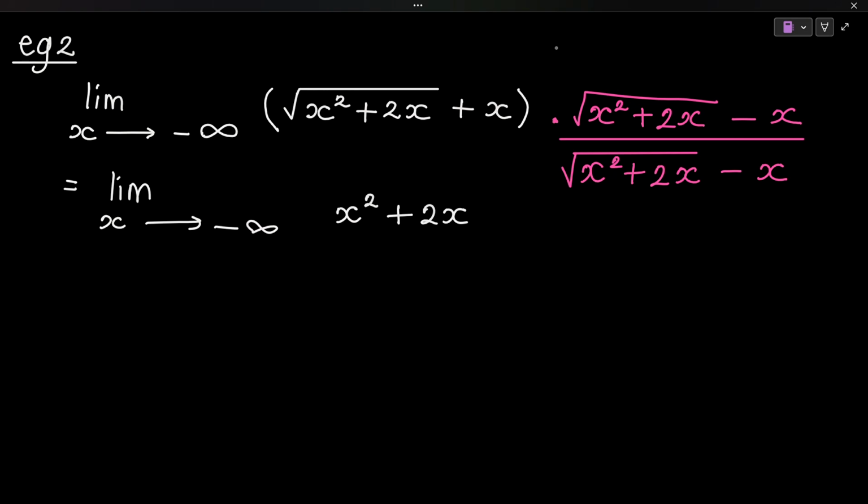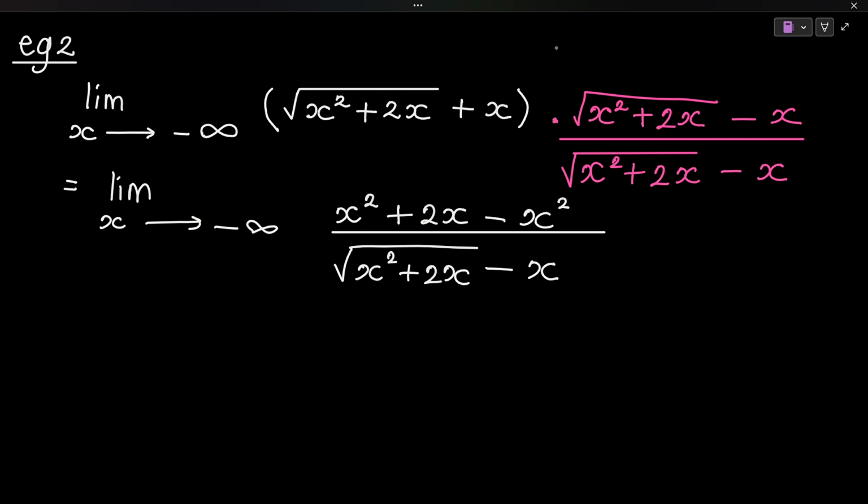Now, to save us a bit of time, I showed you in the previous video that when you multiply the surd by negative x, and then you multiply this positive x by the surd, they are going to be like terms of the opposite sign. So they're going to cancel out with each other. So I'm going to skip that step. We're now going to multiply positive x with negative x. That is going to be negative x squared. And in our denominator, we've got the square root of x squared plus 2x